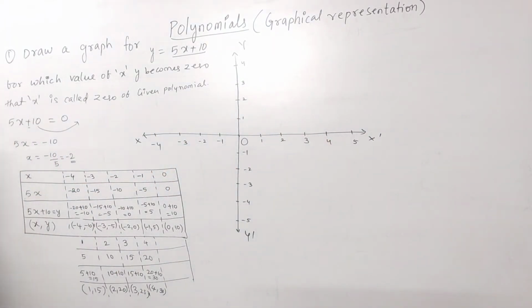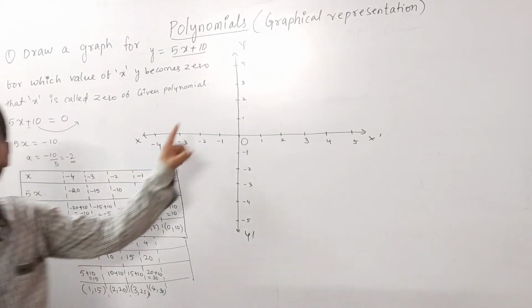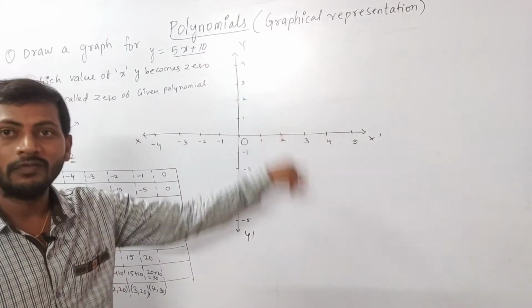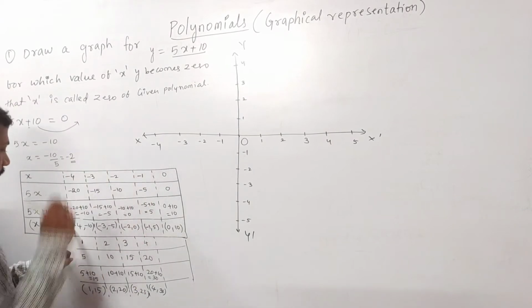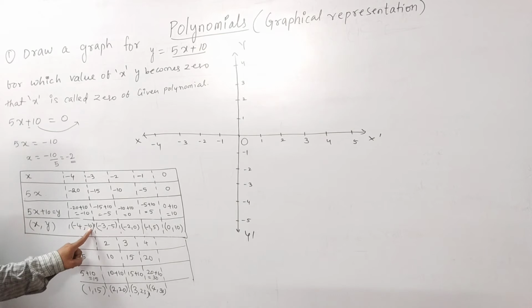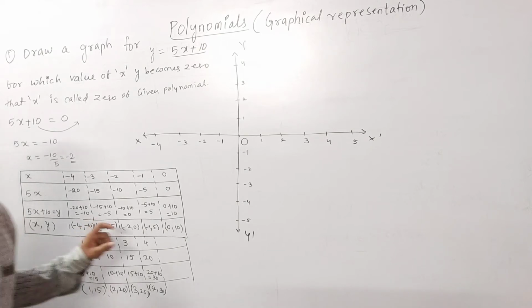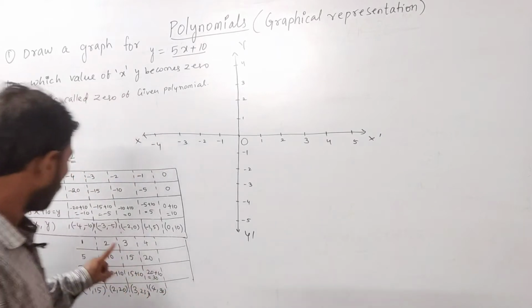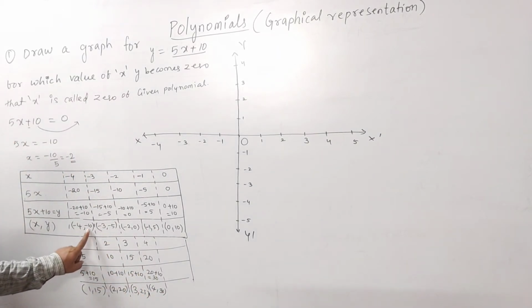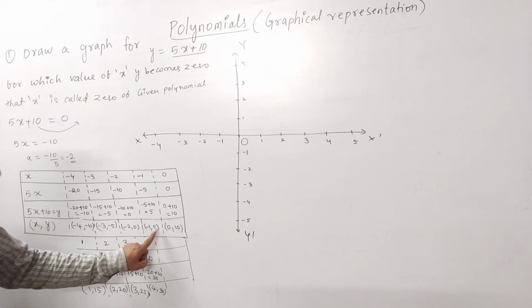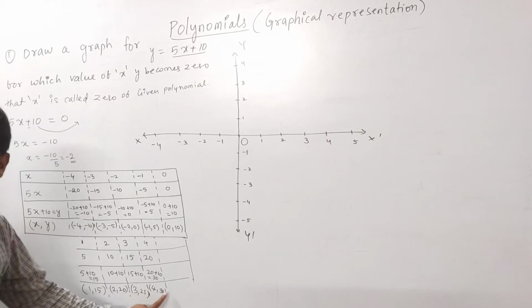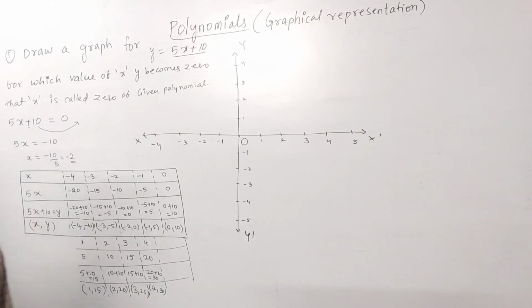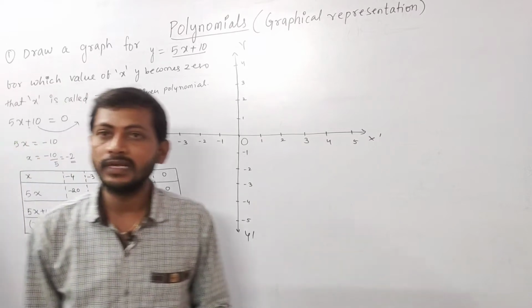Now see Nana, what did you get? -4, -10. These are all points. Now I have to represent them on the graph paper. -4 is here. Very good. And you need -10. Now on the y-axis, if you observe clearly, the values are -10, -5, 0, 5, 10, 15, 20, 25, 30. On the y-axis, these values are a little bit bigger in size.